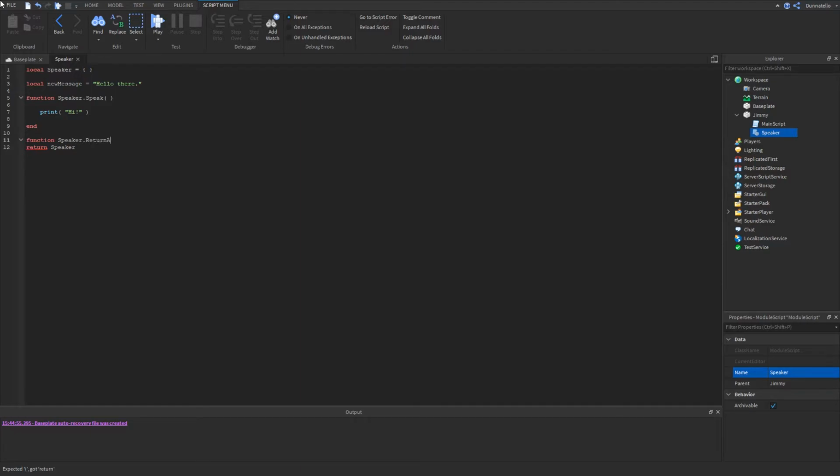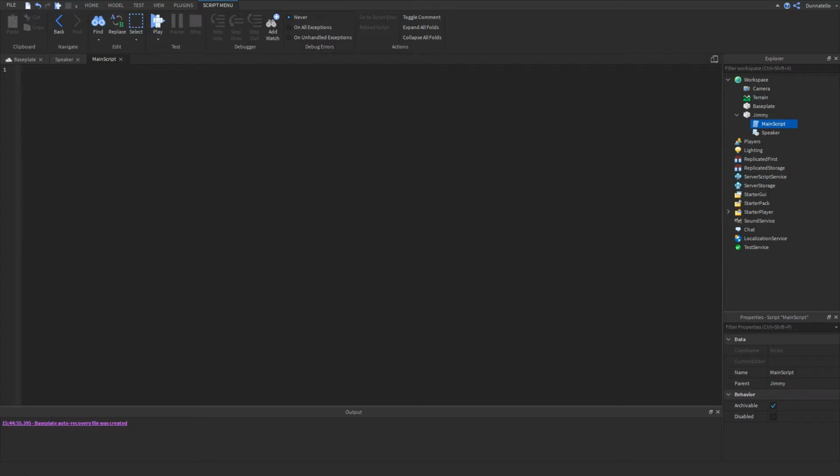You can put the actions you want the module script to perform inside of the function, and if you want to return a value, just type return and then your value at the end of the function to send it back to the main script. Right now the module is looking pretty good, but it won't run without a few more lines of code. Let's add some lines to the main script so that we can call the module whenever we need it.